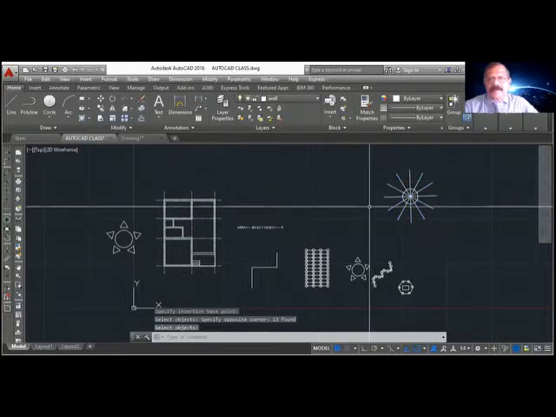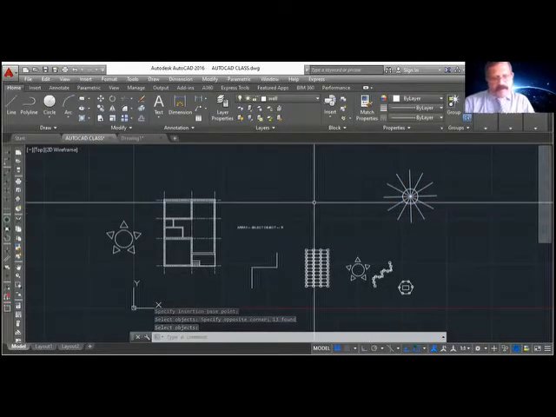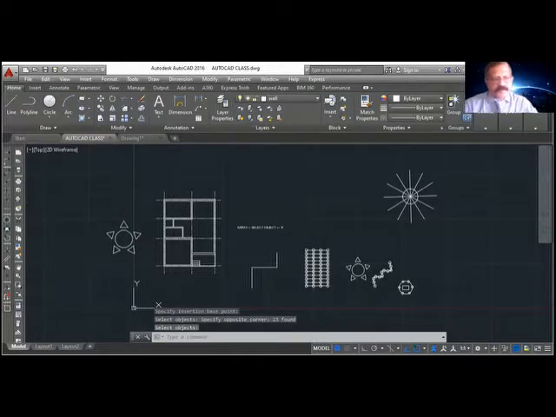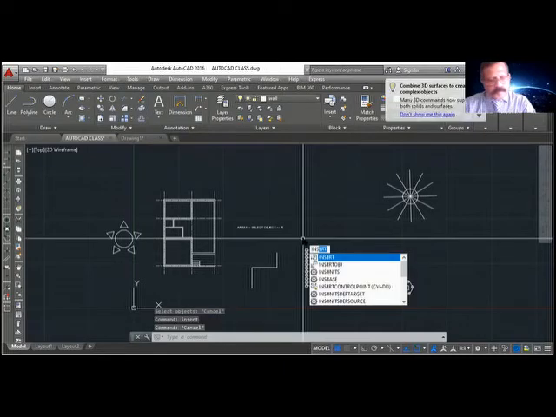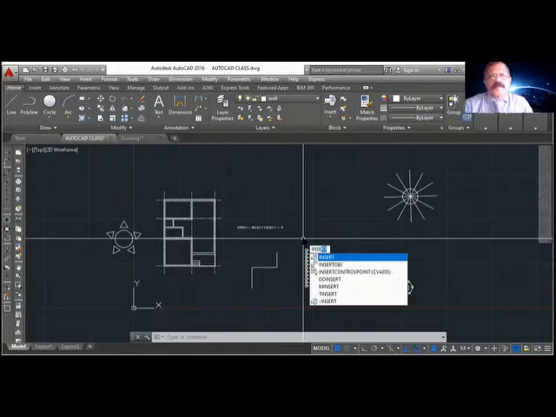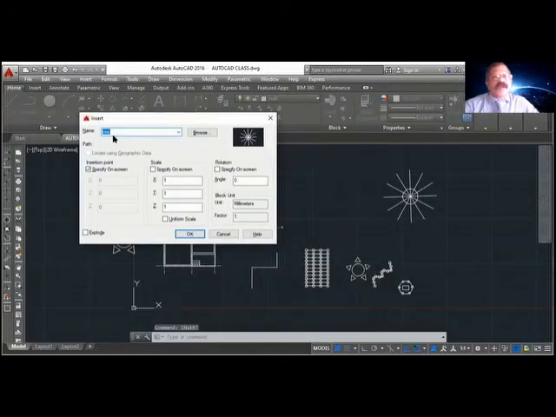Now I want to bring the block. So how will you bring back the block? Insert, I-N-S-E-R-T, insert. Okay, insert. So here you have to select what you want to insert. When you click this arrow button, you can see how many blocks are there. It will be the full listing of blocks. So you can select whichever you want.